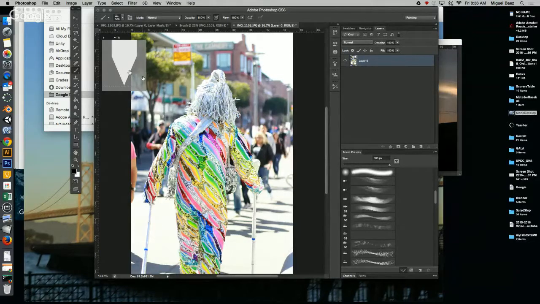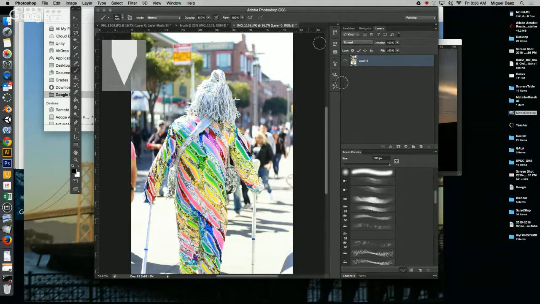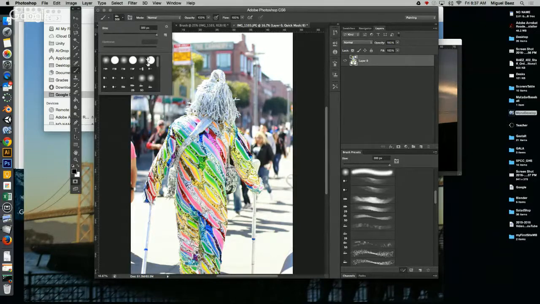So another thing that I can do with Bob here is, after I've selected him out, so let me put my layer masking into work. And let me actually show you a different way to layer mask. So see this little button right here, editing in quick mask mode. I'm gonna press that. And it's gonna draw kind of like a red,